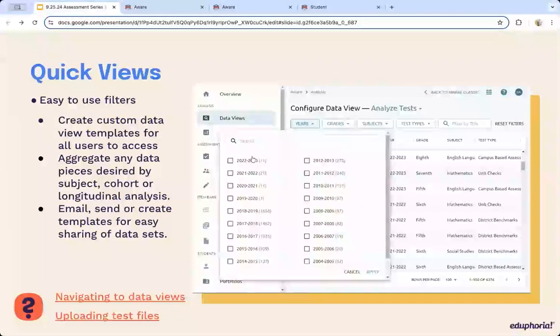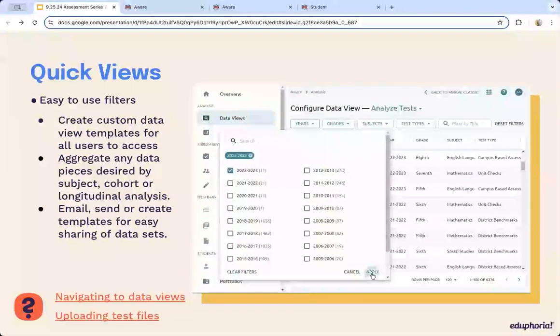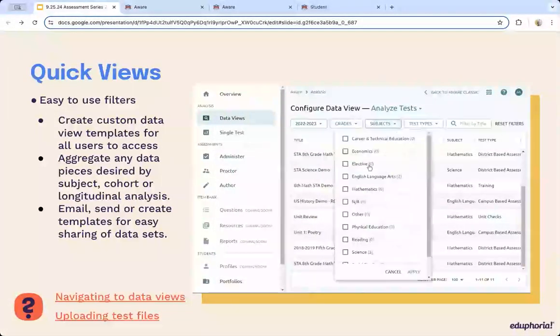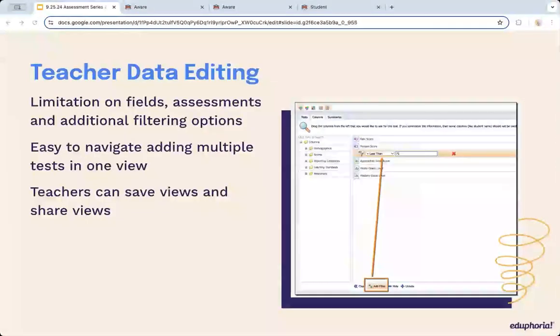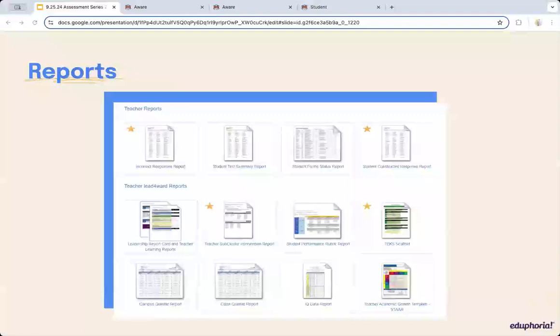All right, now I covered a whole lot, and some of my slides are going to be a little bit redundant, so I'll hit on them real fast and we'll keep moving. You can do teacher editing, like I said, drag in fields, add filters. Oh, let's talk about reports. Reports are a really powerful way to get into some data analysis without some of the nitty-gritty of quick views. We have a variety of reports that can assist with very specific things that you want to know.